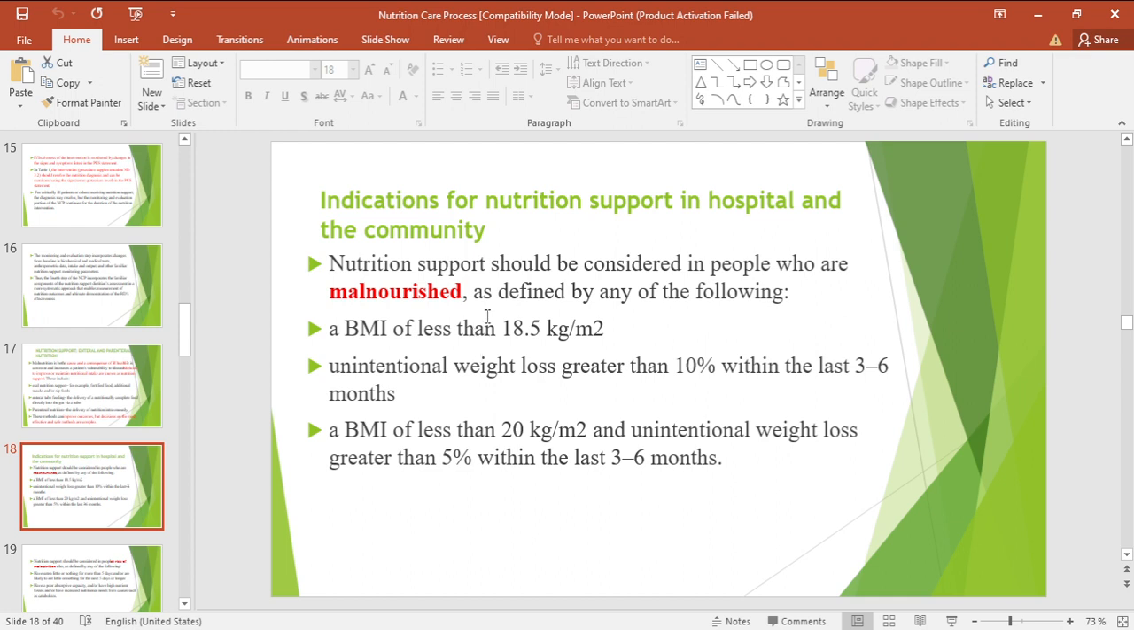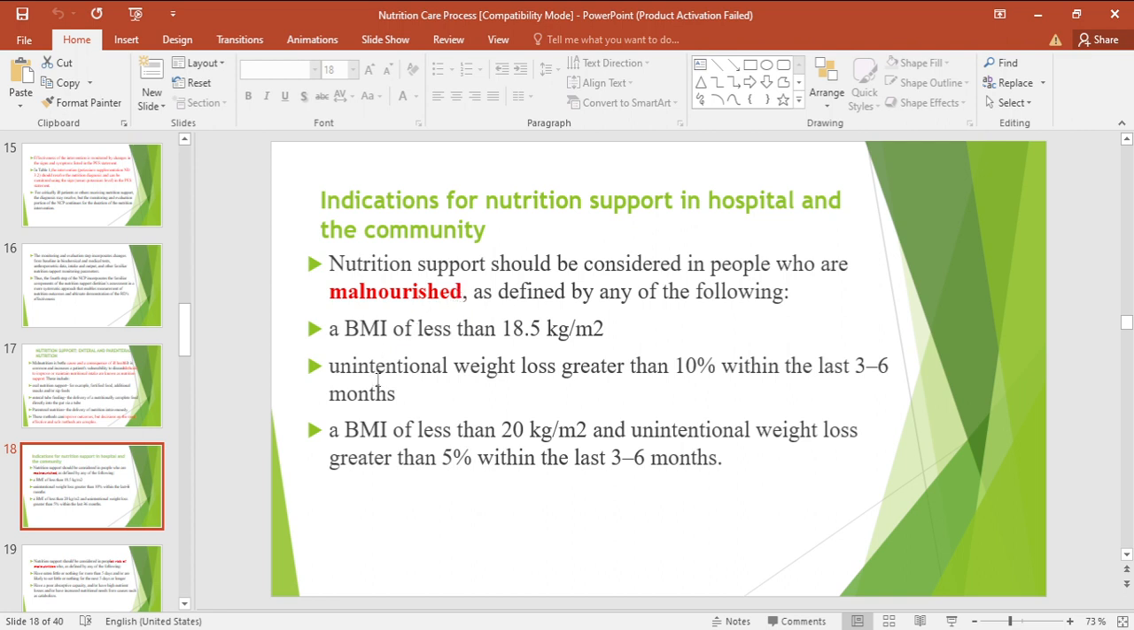The indications for nutrition support in the hospital and the community. Nutrition support should be considered in people who are malnourished, and this malnutrition can be defined by any of the following. 1. The patient has a BMI of less than 18.5 kilograms per meter squared. This is a sign of